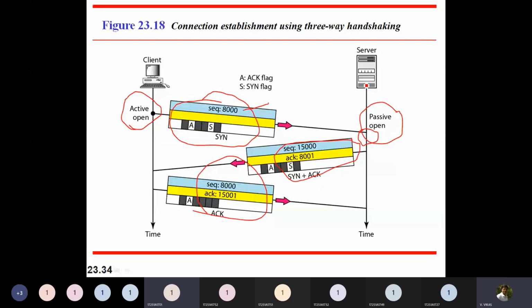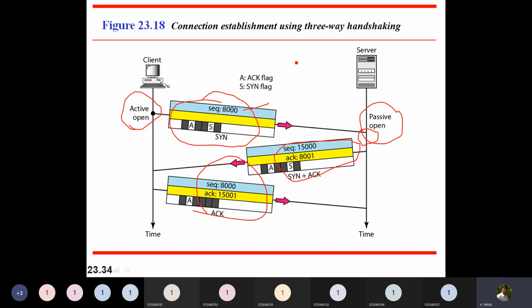Yes, sir. Sir, will the sequence number always remain the same at the client end and server end, sir? Like for each message, it won't change, sir. Exactly, I am coming to that point. If you remember sequence number, what did we say? Whatever data you are carrying, for that, the starting byte we have, we consider as the sequence number.